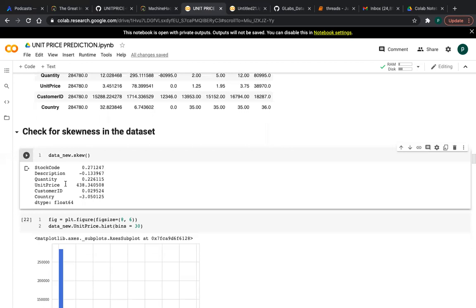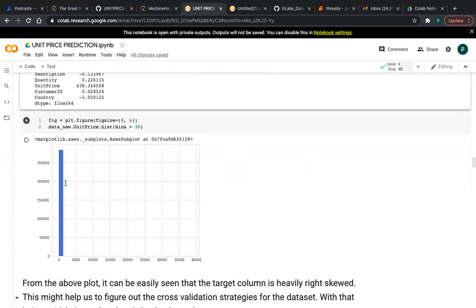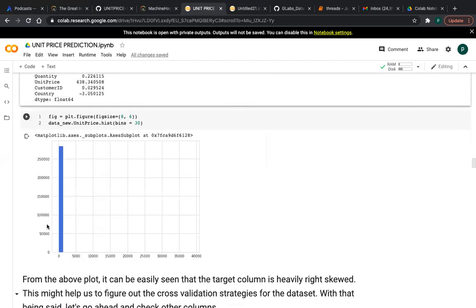Do you understand, friends? The unit price is more skewed. We want to know how the unit price is distributed using a histogram. We have to know the range of the unit price, which is very low, above 0 and less than 5,000.